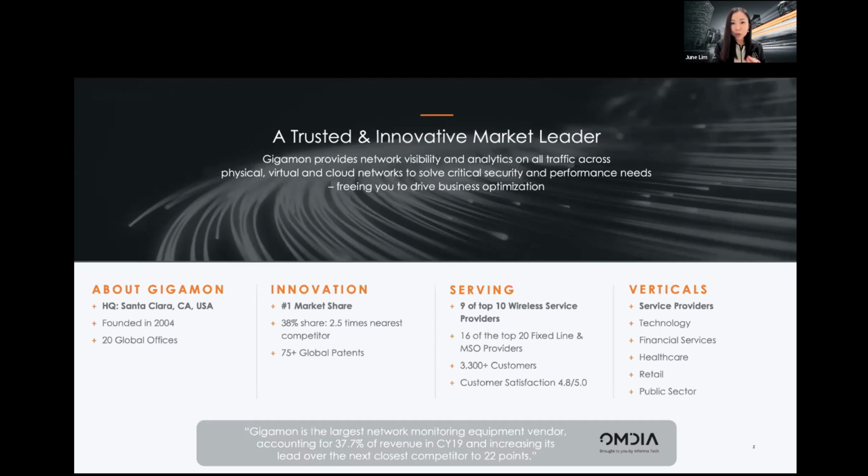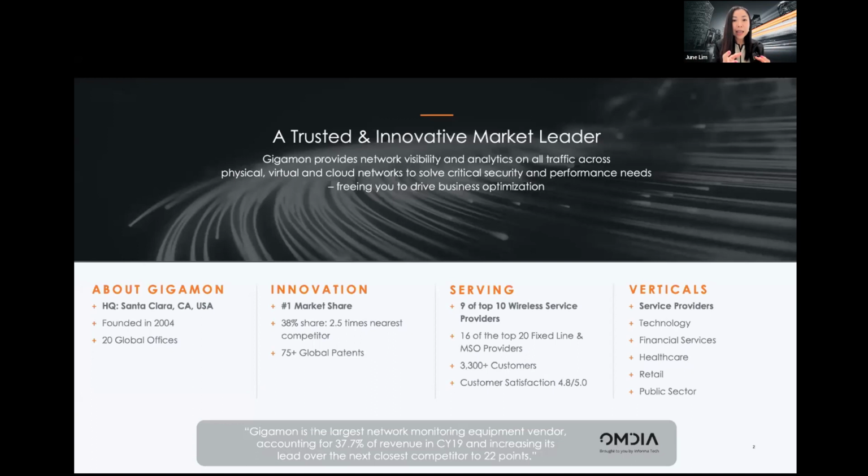If you have a bunch of containers that you spin up, you are not sure sometimes whether your IPS can actually see into this new traffic or this new application, or maybe your firewall, or maybe your SIEM, or maybe your DLP. How are you assured that you can see into these new containers that are spinning up? Or if you upgrade your VMware to a new version, sometimes your security solution or monitoring solution will just break because they cannot see into this traffic.